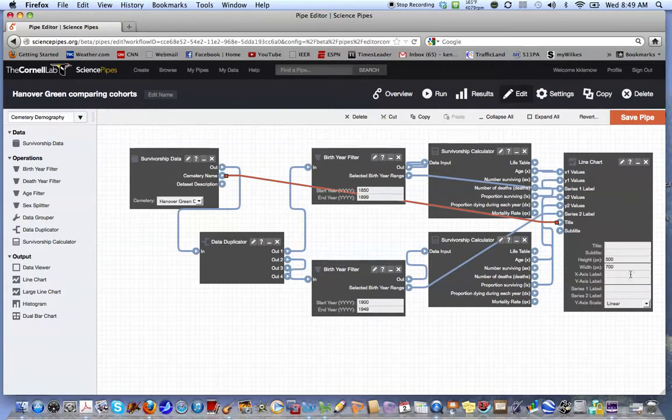After that step is complete, type age into the X-axis label and then number of survivors into the Y-axis label. Want to make sure that we get the right spelling here. And so the final step will involve changing the Y-axis scale from linear to logarithmic. Once you do that, you hit Save Pipe,